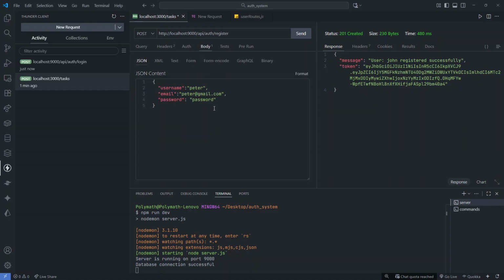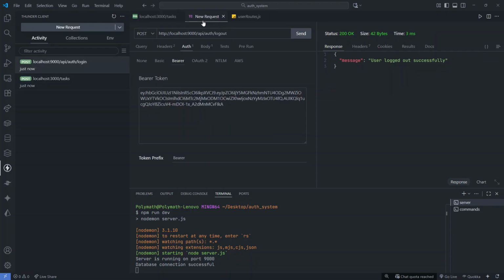Okay, good. So in the body, we have username, email, and password. You see it says user Peter registered successfully. Then we have this token over here. Now let's say we are trying to get the user profile. How do we go about that? To get the user profile,